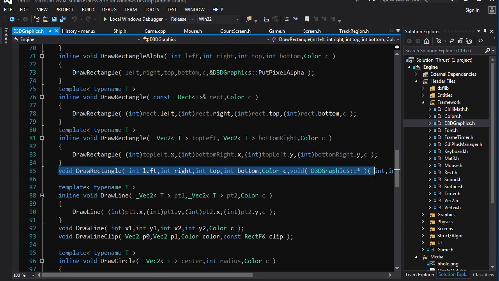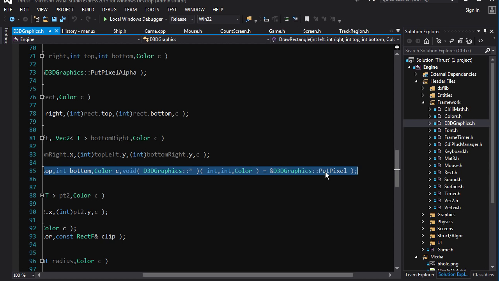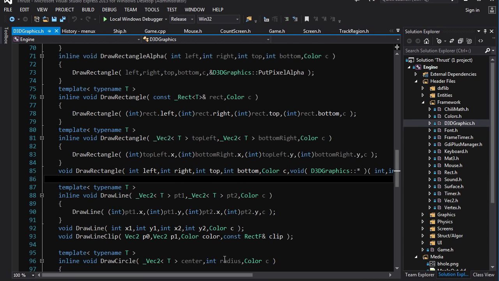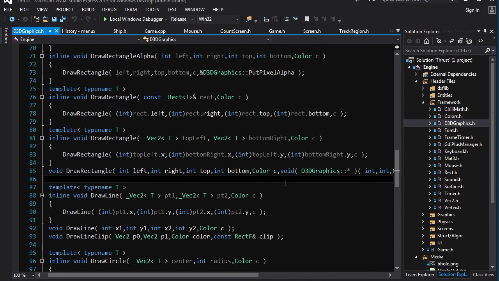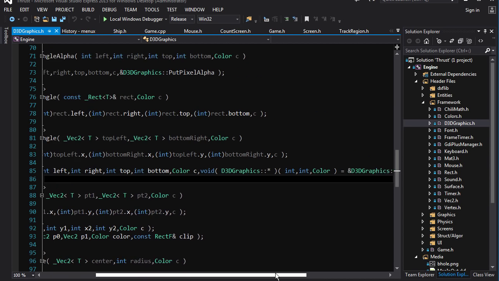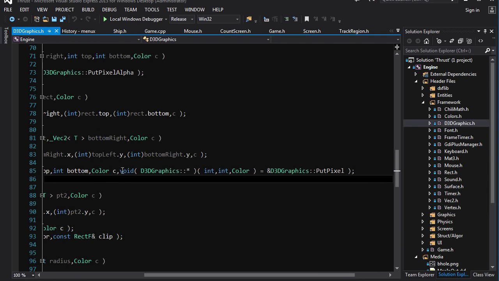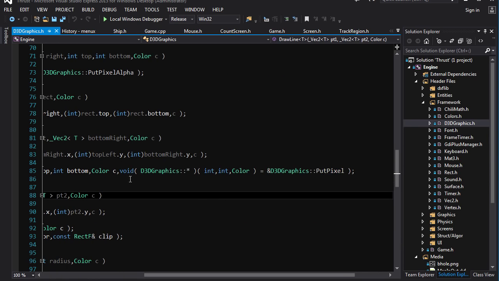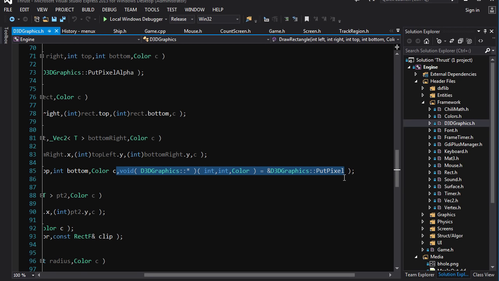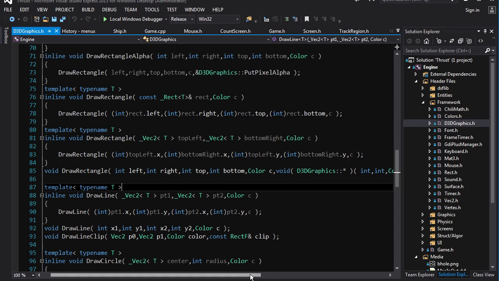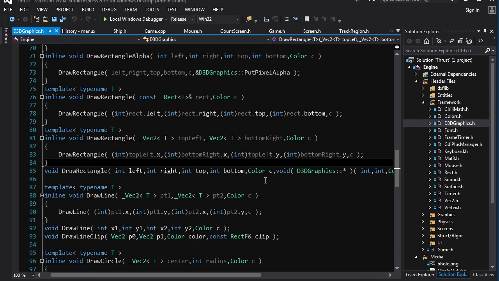This is the version that actually has the implementation in the CPP file. And this version, it takes the normal parameters. You got left, right, top, bottom. You got a color. And then you've got this weird stuff right here. What is this? This is a pointer to a function, but it's a special one because it's a pointer to a member function. Why is my screen